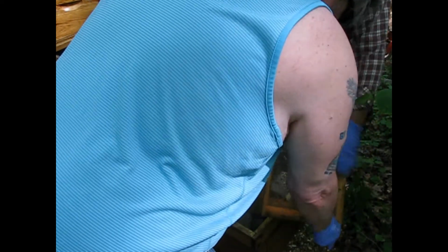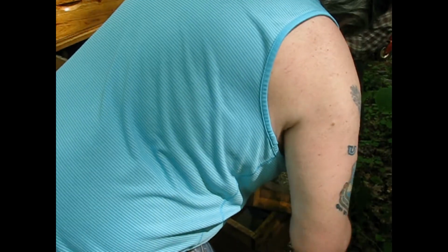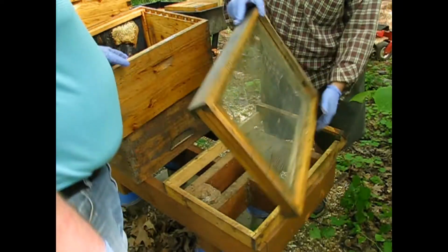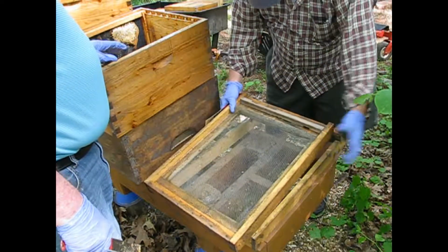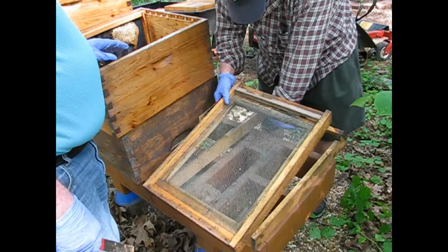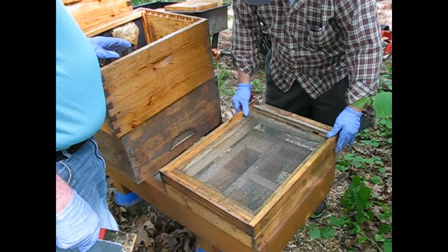Poor babies. No. Well, that was my doing, sadly. I should have been a little more attentive in the wintertime. So this year, provided my bees survive and I get bees, I'll have to get some